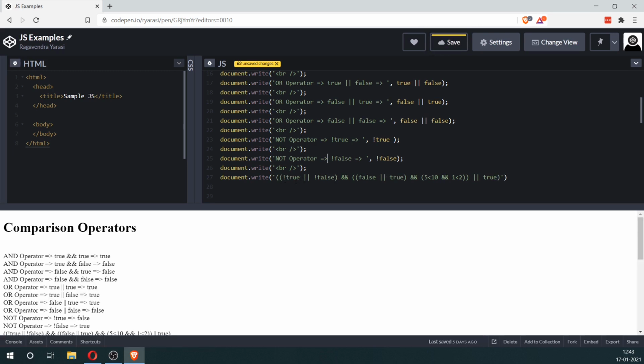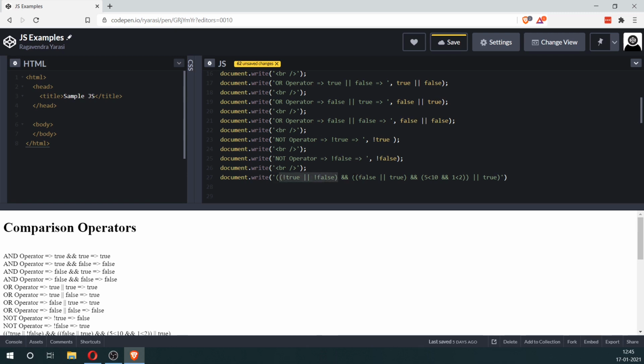So the thing you have to think about is whenever you put something in a bracket, it gets evaluated within itself. So like this, we have several conditions within brackets. Those will get evaluated on their own. So if you think about this, we have this expression, which by itself will be true because not true is false and not false is true. And as you know, the OR operator will result in a true value as long as one of them is true. So because this is true, this whole expression will result in a true.